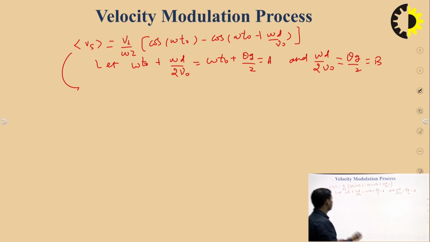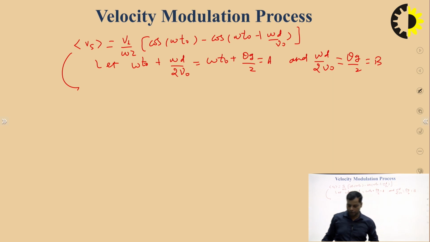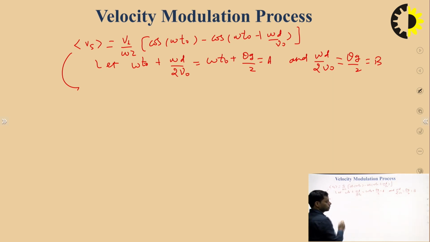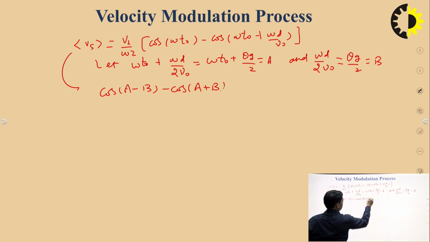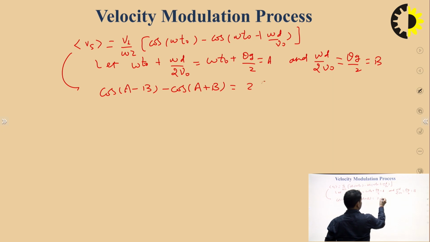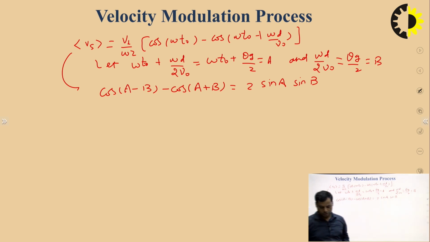So as per the trigonometry, cos(a minus b) minus cos(a plus b) is equal to 2 sin a into sin b. So when we apply this, the equation will become